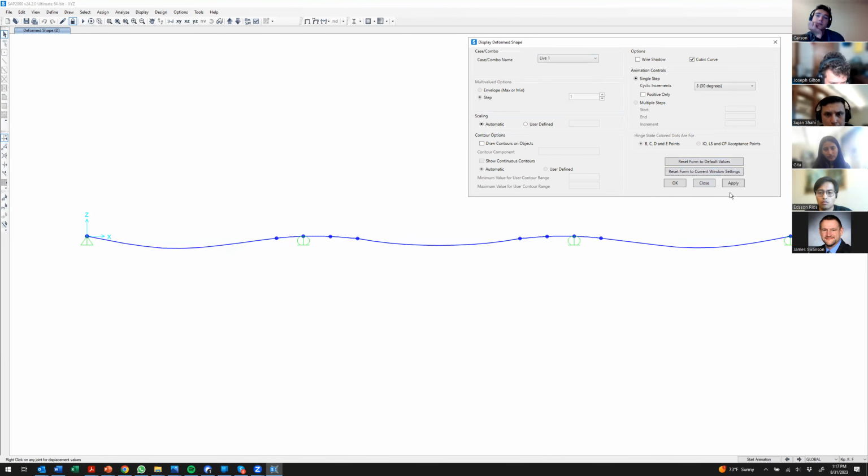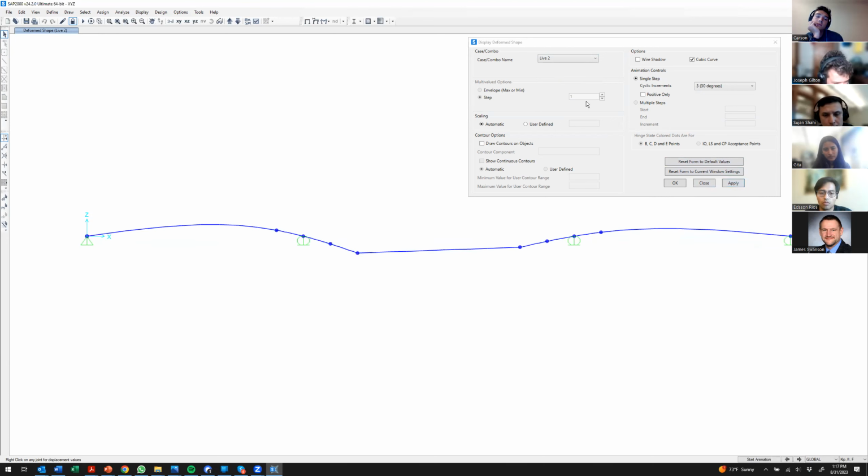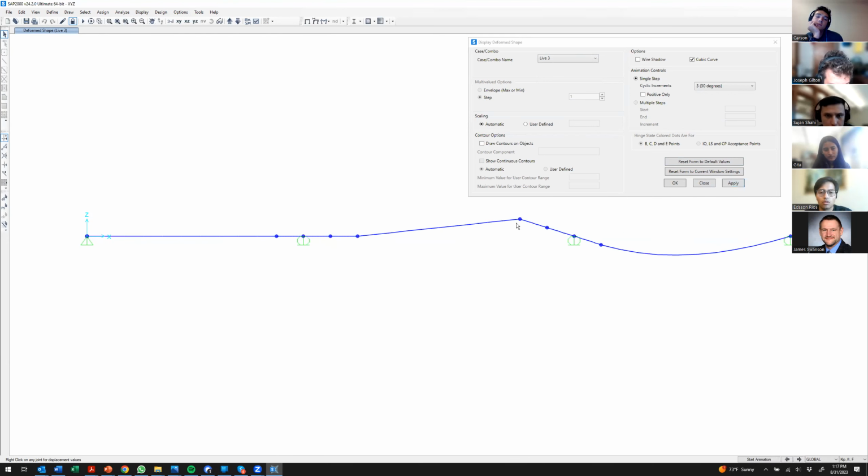So I can show the deformed shape under load case 1. I can show the deformed shape under load case 2. Right, and I can show the deformed shape under load case 3 like that, and see where the kinks are coming in here. That's indicative that I have that pin in there and it's functioning like I want it to. All right,